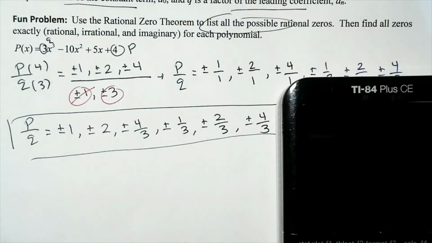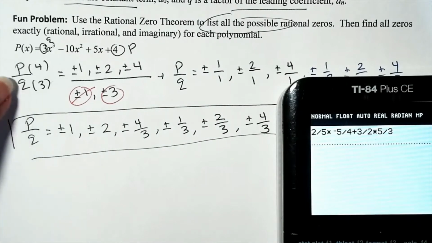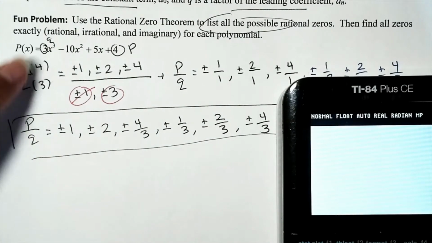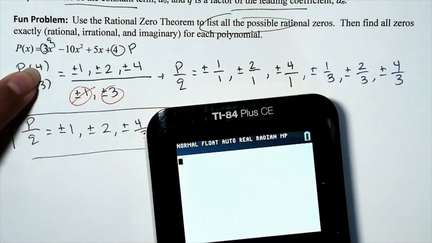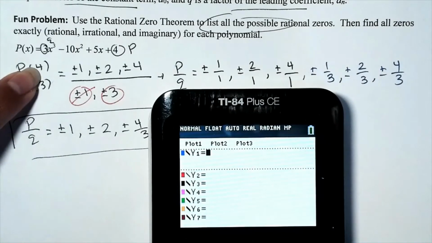So what I would like for you to do is to go ahead, erase that. Go ahead, punch in the polynomial. Okay, so go ahead, put y equals, that's another problem, 3x cubed. Again, pause and rewind as many times as needed. Minus 10x squared plus 5x